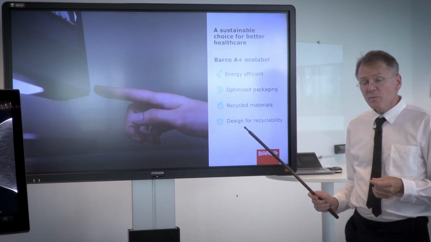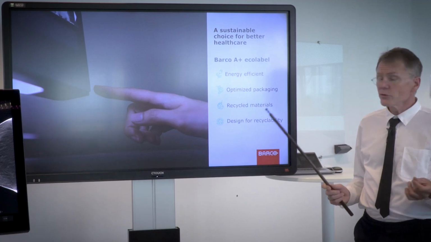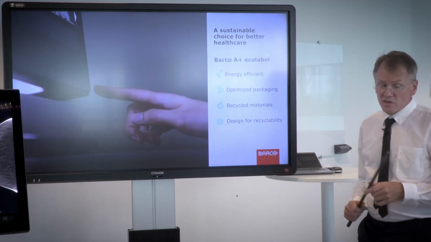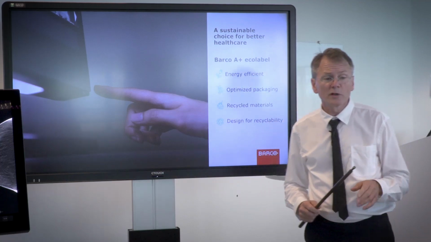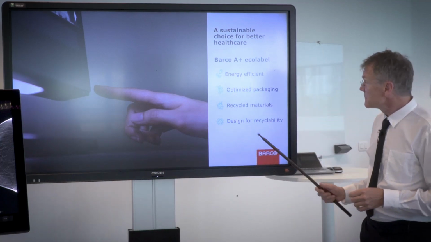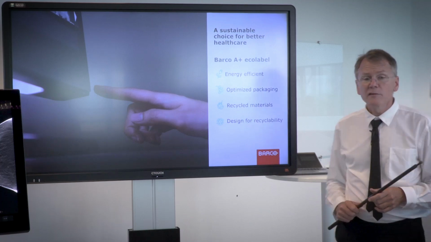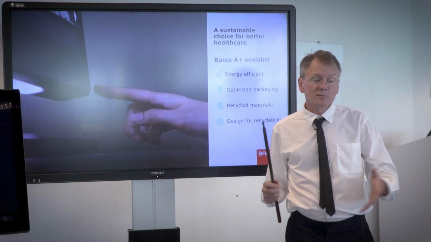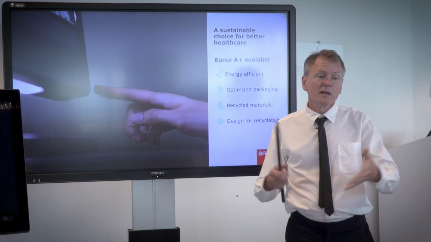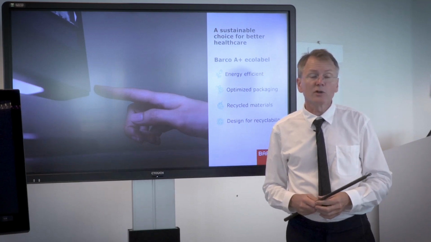The packaging has been optimized to use less materials. It uses recycled materials. The plastics include a substantial amount of post-consumer content plastics. And the whole thing is designed for recyclability. So at the end of its life of service, people can take it apart and recycle the components.